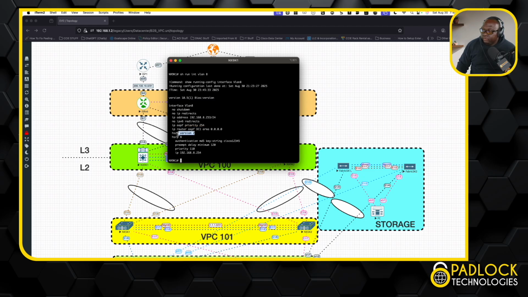Then we have our VPC version 2. So this is going to change the multicast address. Now, if you know what the multicast address is for HSRP, put it in the comments. I like the comments because there's one for HSRP version 1 and HSRP version 2. So they are different multicast addresses. And then I use the